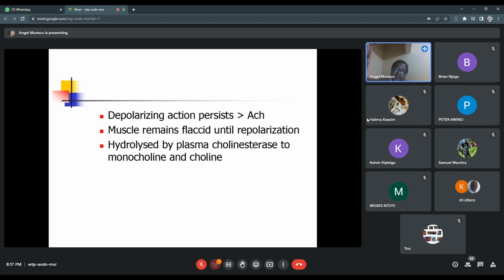receptors for at least 5. So we can say that the duration